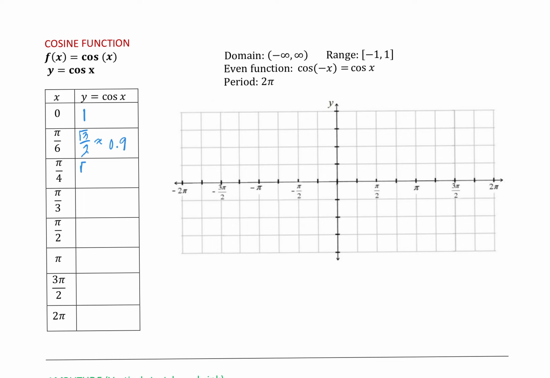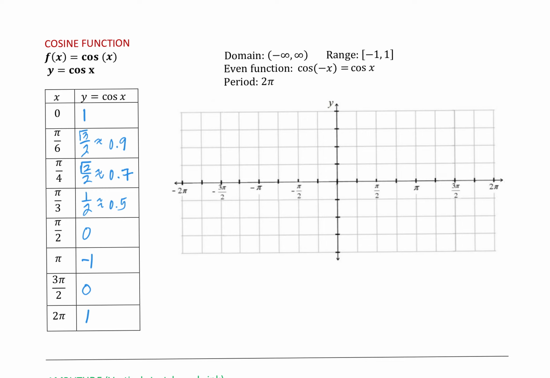At pi over 4, I get square root 2 over 2, which I know is approximately 0.7. And then at pi over 3, cosine is half, so that would be 0.5. Pi over 2, we have 0. And then we'll skip down to pi, where cosine is negative 1. 3 pi over 2 is 0. 2 pi is 1. So where sine started out at 0, 0, the origin, cosine, on the other hand, starts